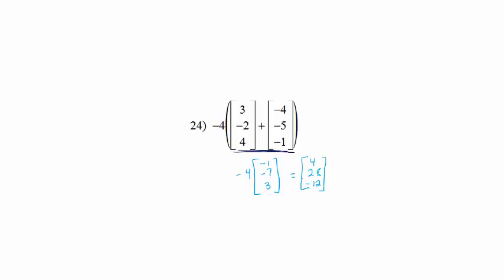But if you multiply negative 4 into all of them first and then add them together, you should get the same thing. Because you're distributing, which is an okay thing to do. But if you only put the negative 4 in one of the matrices and not both, then that's not correct